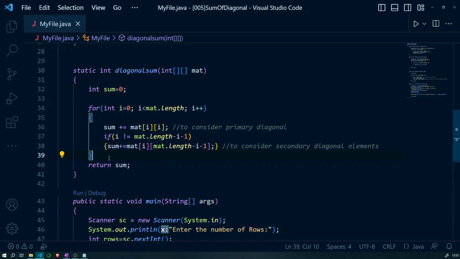In this video we have seen two approaches to finding the diagonal sum of a matrix. The first was a brute force where the time complexity was order of n square. The second is a more optimized way in order of n using a single for loop. I hope this video was quite clear. I again advise you to solve it on your own and dry run on paper on your own. This is going to help you a lot.